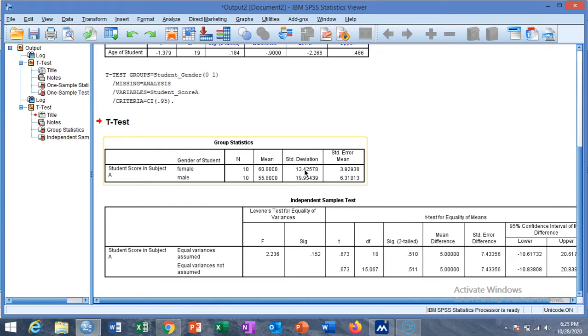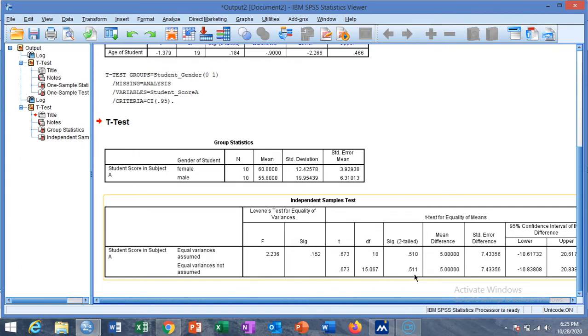One is 12.42 and the second is 19.95. So we keep the result of equal variances not assumed, and the t value is 0.67 and the p value is 0.511,